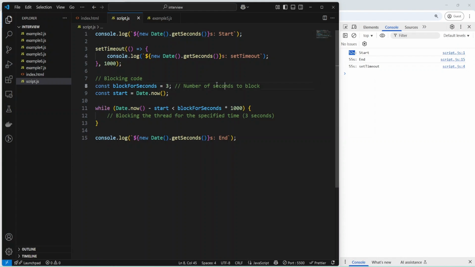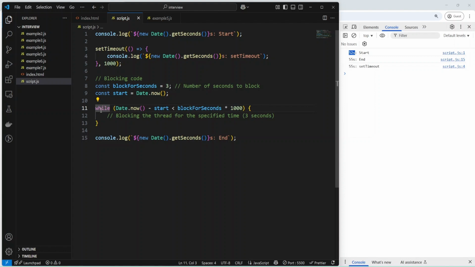Okay, and then we blocked our code for 3 seconds. And please note we have a timeout for 1 second, but our code was blocked and the timeout was not executed in 1 second.